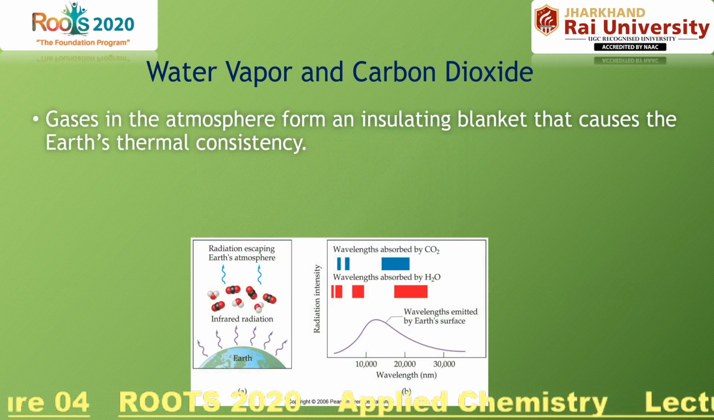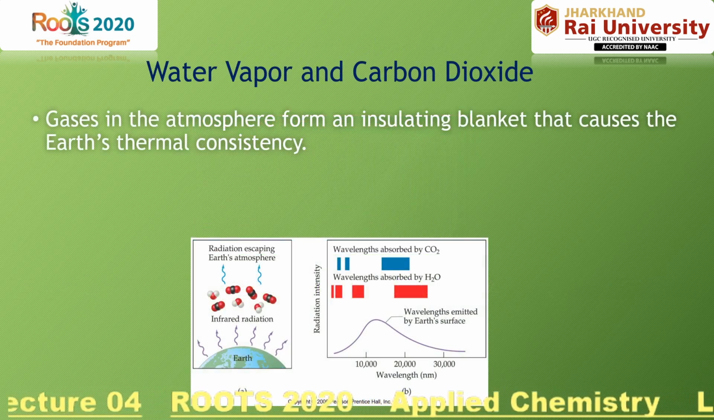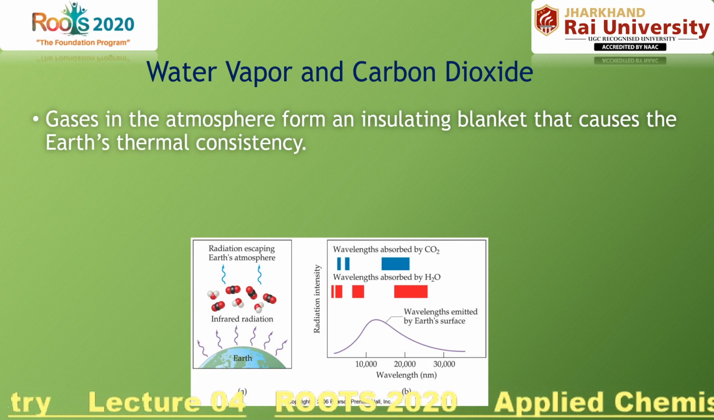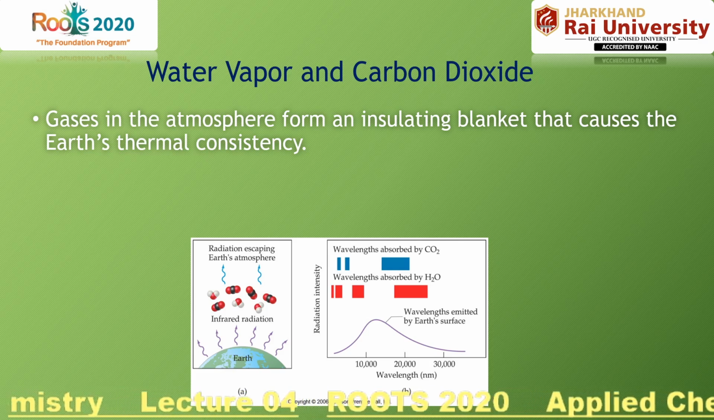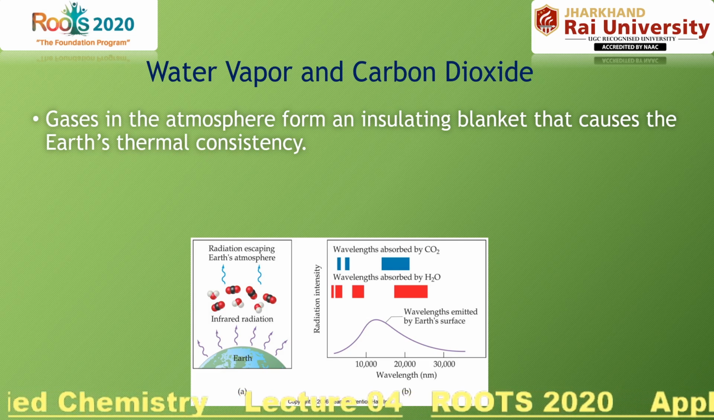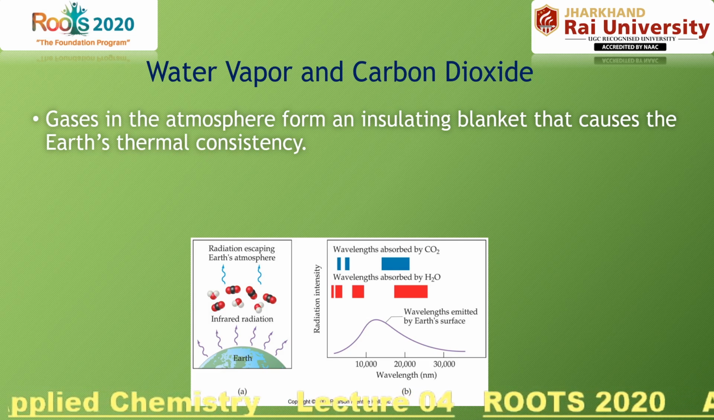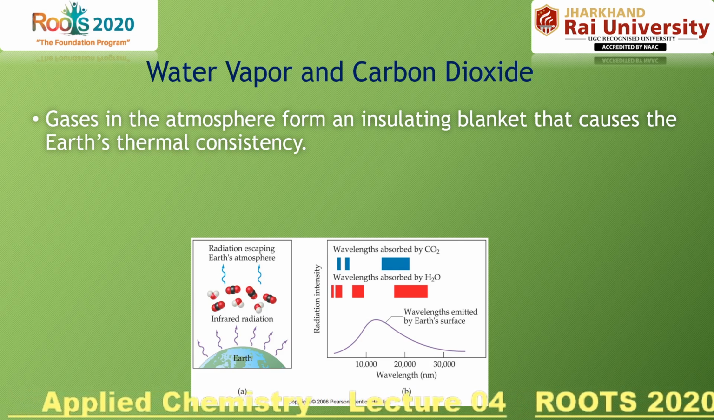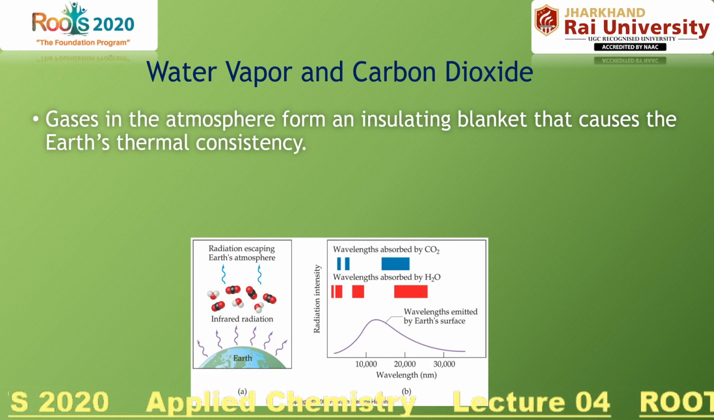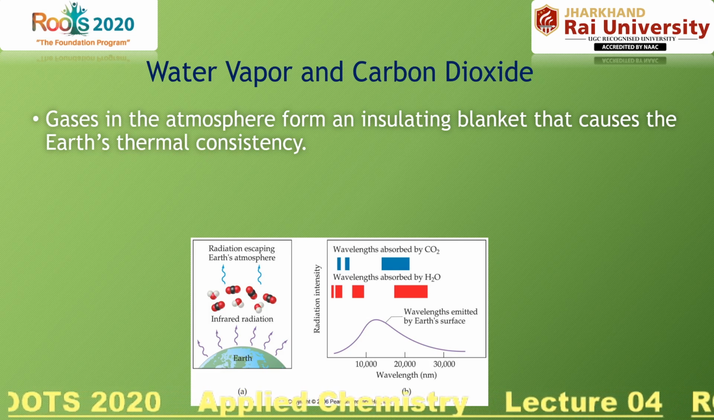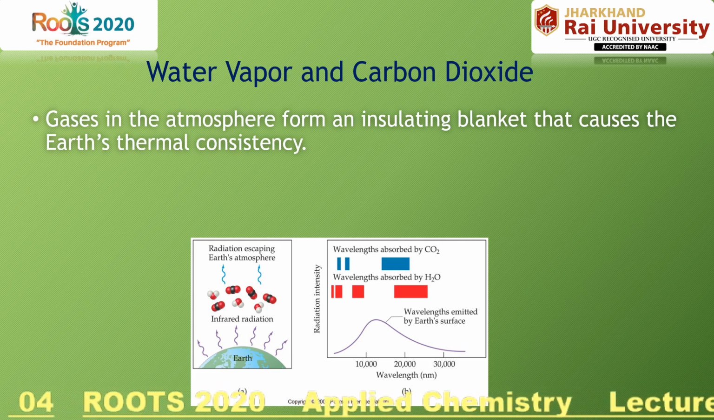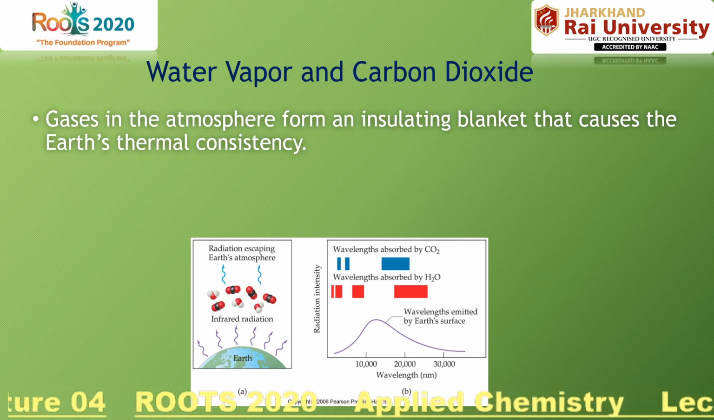Then water vapor and carbon dioxide: these gases in the atmosphere form an insulating blanket that maintains the earth's thermal consistency. They are known as greenhouse gases. Why are these known as greenhouse gases? Because in a normal agricultural greenhouse, in a cold region we can cultivate some plants